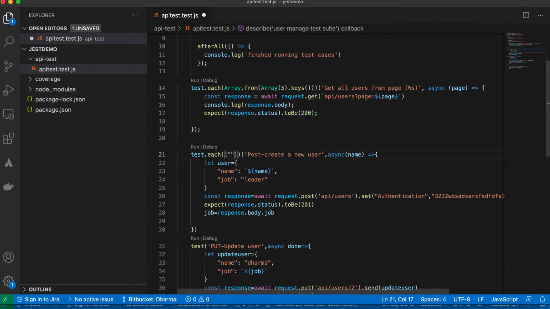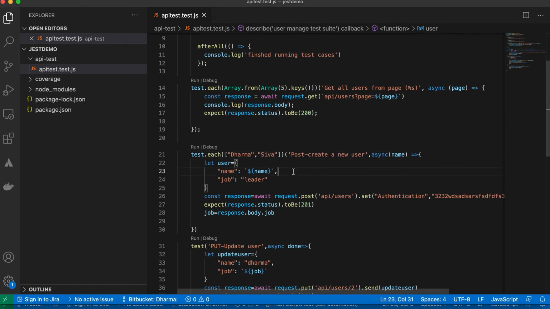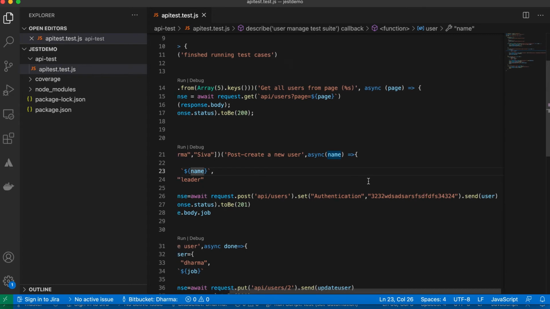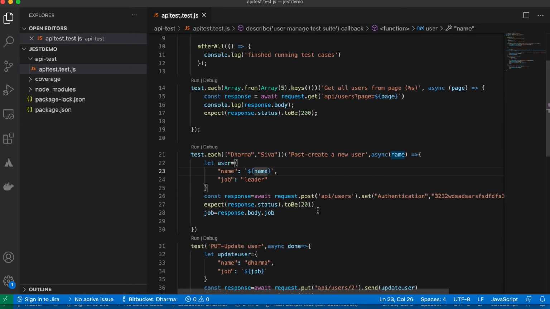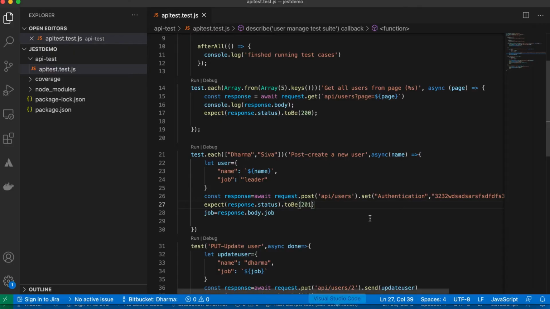Maybe it will run, and in the array I will put Dharma and Shiva, something like that. Okay, 2 names. Let it be job as a leader, no problem. So 1 2, it will take name and pass it here. Here no problem that we are passing directly, right? Okay, now we have to see 2 test cases also running.